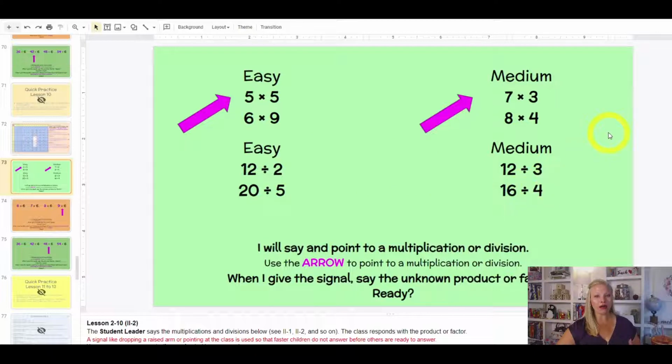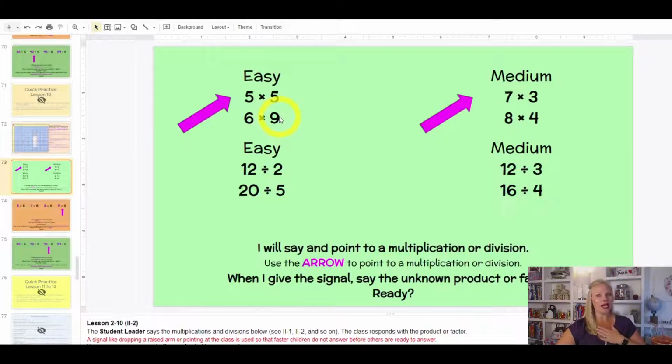So if I were you, I would actually go through these, but then have students not just recall them, but choose 1 or 2 of them to turn into a number talk. So for example, I would do 6 times 9. Boys and girls, you just told me it was 54. I need you to show me 3 ways you could solve this if you didn't know it was 54. And turn it into a conversation of,